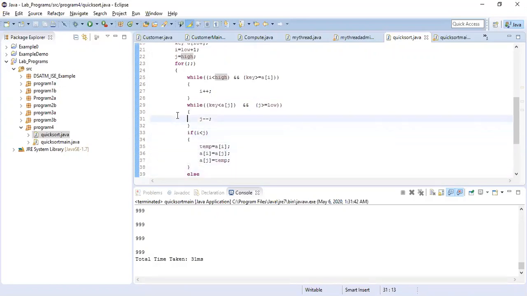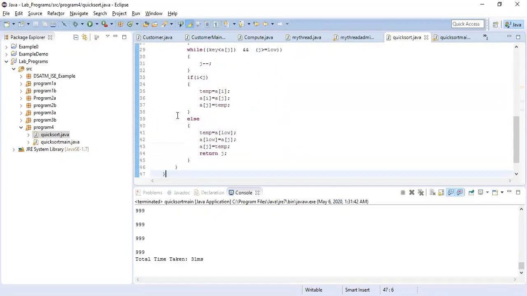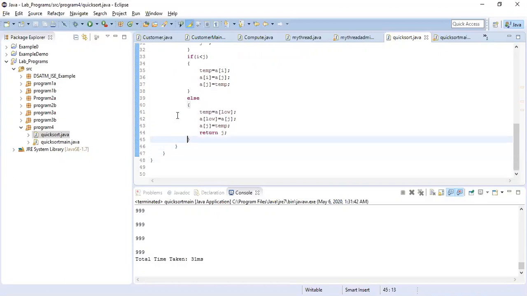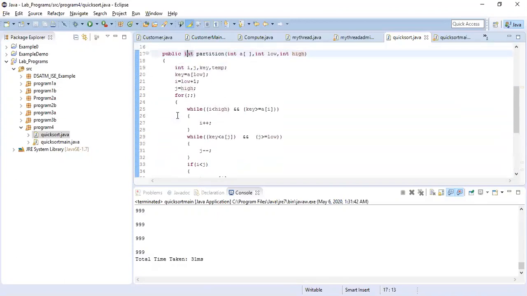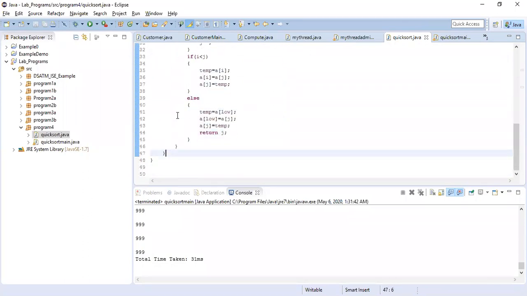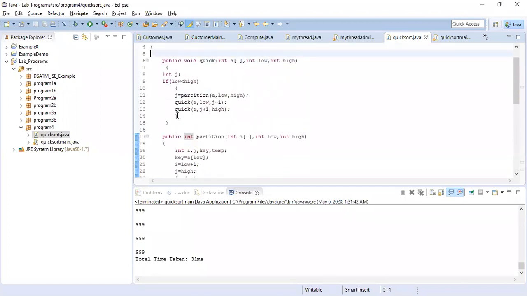If I want to find out the pivot position, then I have to go through this. This is the partition part. Once your partition takes place and you get the position of your pivot element, it just returns the value of that pivot. After you get the pivot element position, you divide your array into two parts.